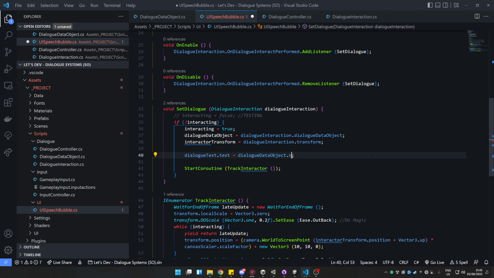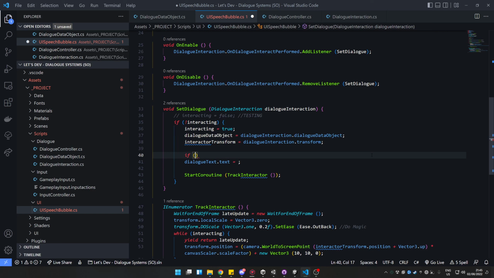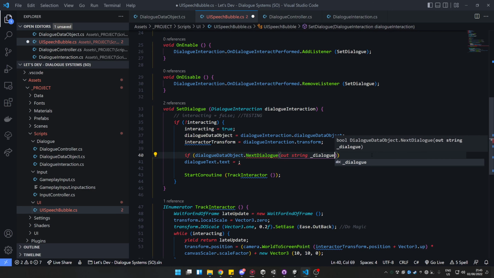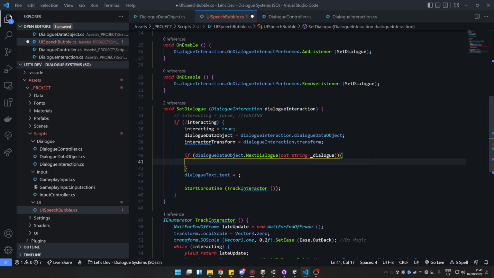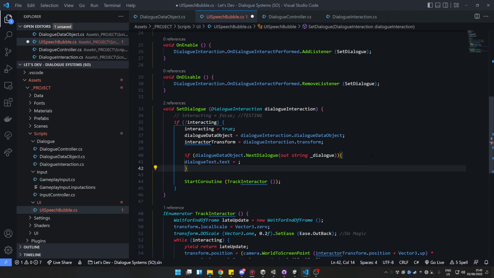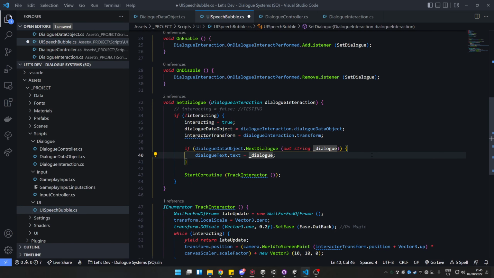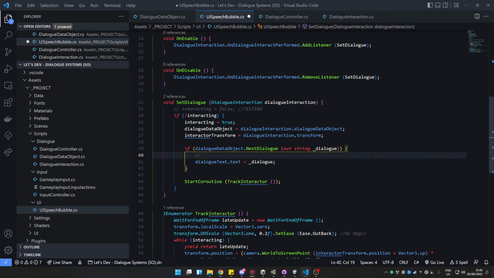This is going to go into an if statement instead. So if we get the next one out string, then that's going to equal dialog. Whoops. So if it's true, another